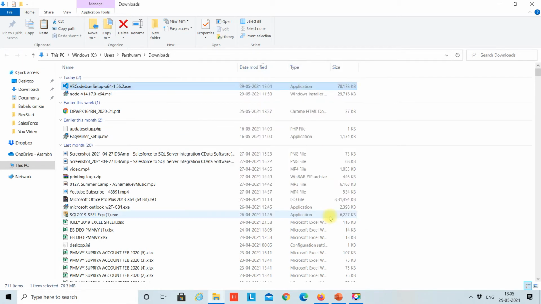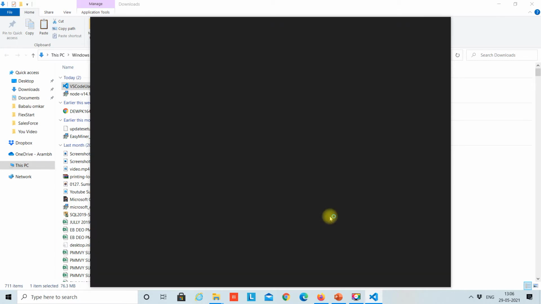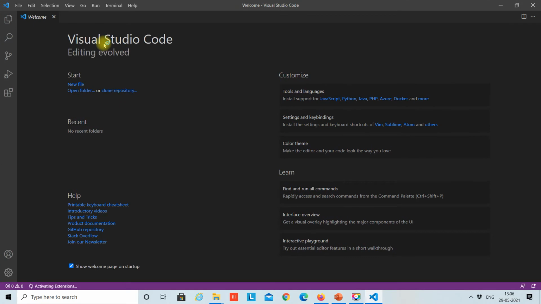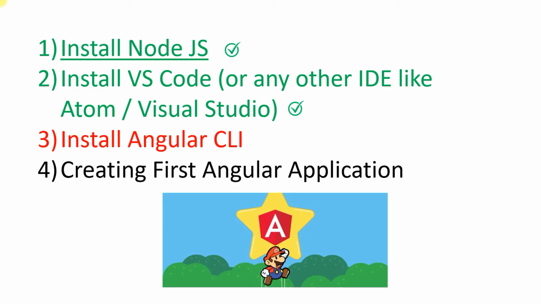So Visual Studio Code has been successfully installed, where we are going to create our application.